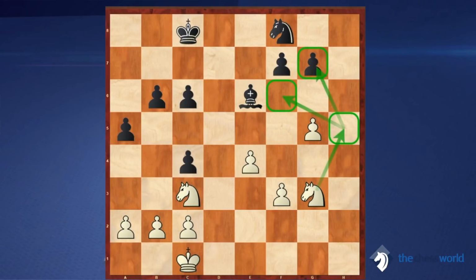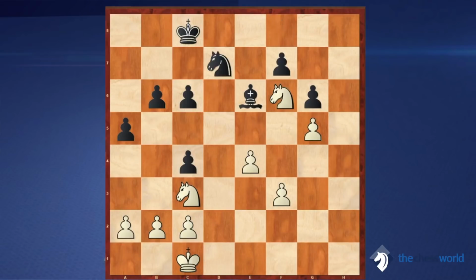Why is square h5 so important? Well, because if black plays g6 at this moment to stop knight h5, white will go with f4, f5. So basically white goes with the knight to h5, and black now plays g6 because he couldn't have anything better here, and now white